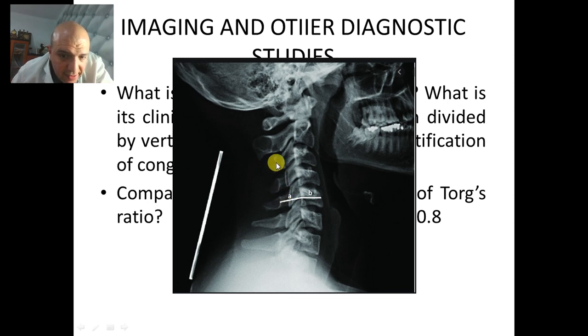So this line is the spinolaminar line. So from here to the posterior body is the canal, and this is the diameter of the